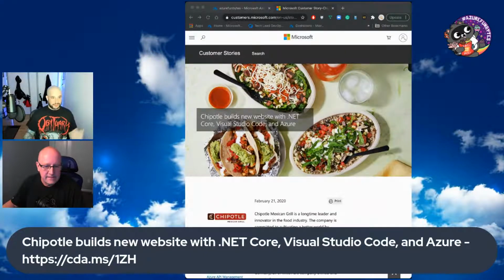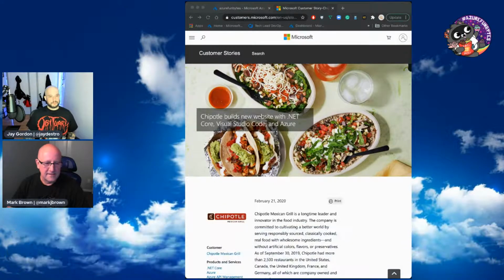They're using .NET Core, Visual Studio Code, and Cosmos DB on the back end to help that website come together. I thought that was a really cool story. You can go to our website if you want to read it. I think it's always great to have use cases from people that give you an idea of exactly what people are doing with these tools.